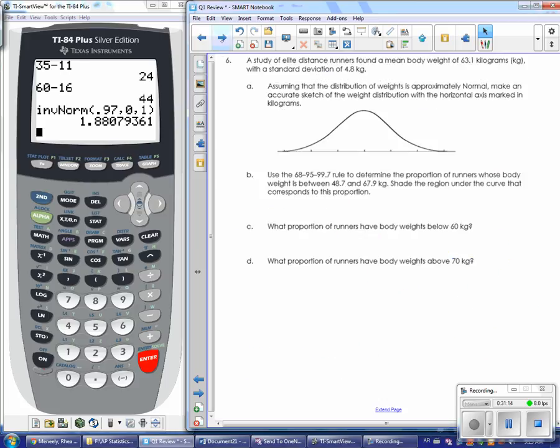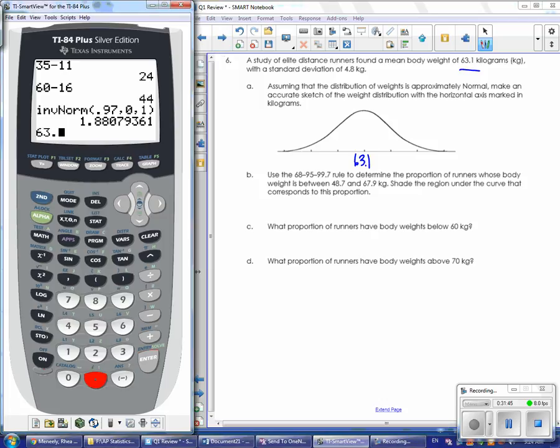All right, and number 6, this is another problem dealing with a normal distribution. A study of elite distance runners found a mean body weight of 63.1 kilograms with a standard deviation of 4.8 kilograms. Assuming that the distribution of weights is approximately normal, make an accurate sketch of the weight distribution with the horizontal axis marked in kilograms. So I know if I have a normal distribution, my mean is going to be in the middle, so 63.1. And then I'm just going to use my calculator